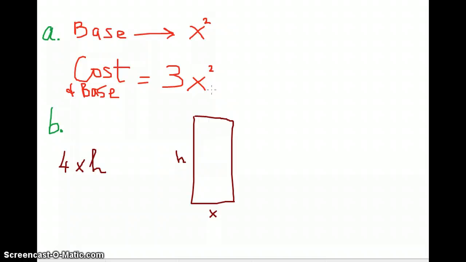So the total cost is just, we're adding the base and the side, right? So 3x squared plus 4xh. And that's the answer to question C. It's just all together. And now for question D, they said